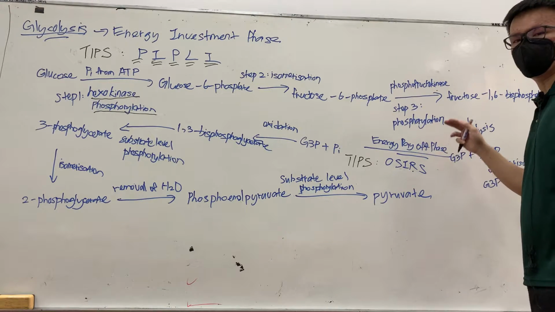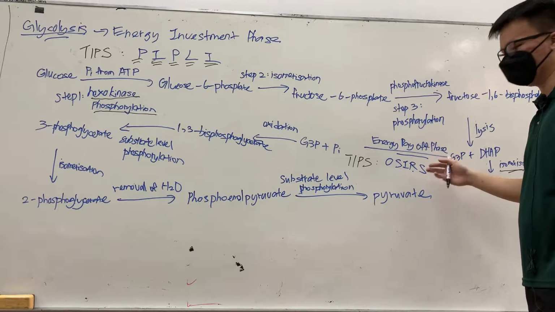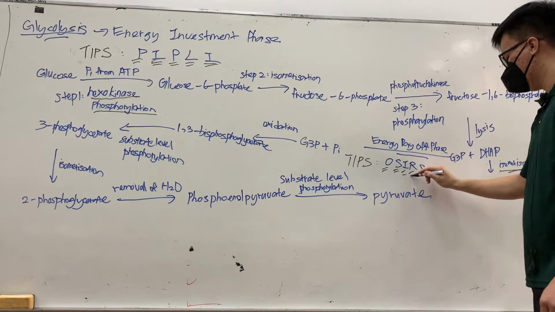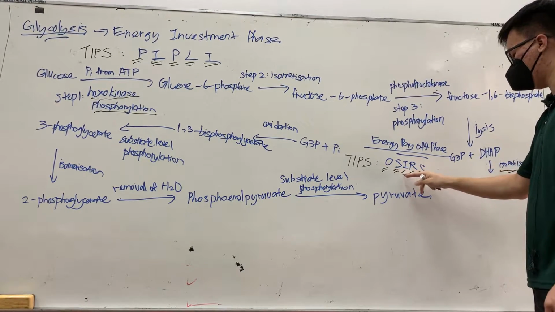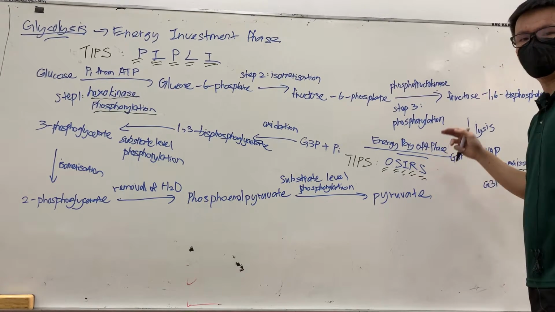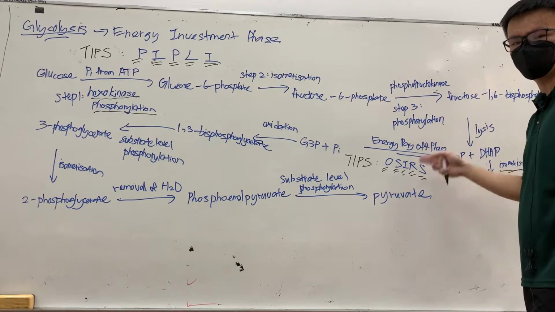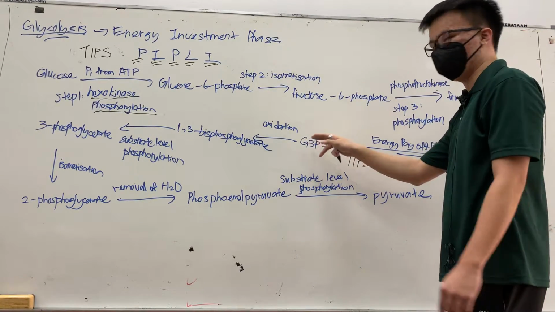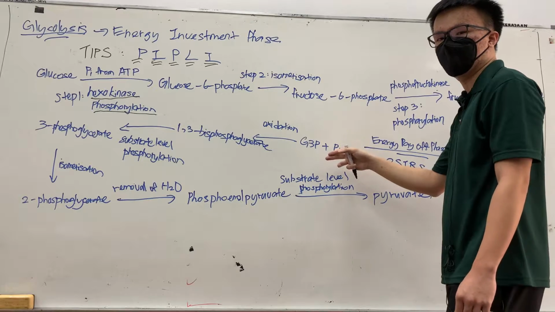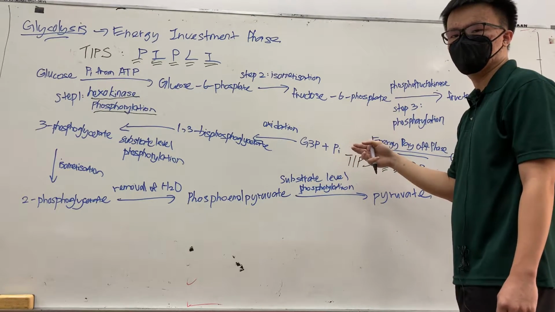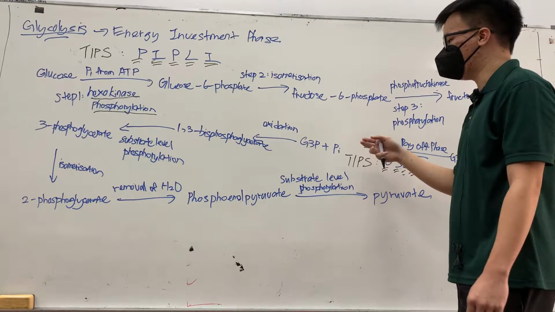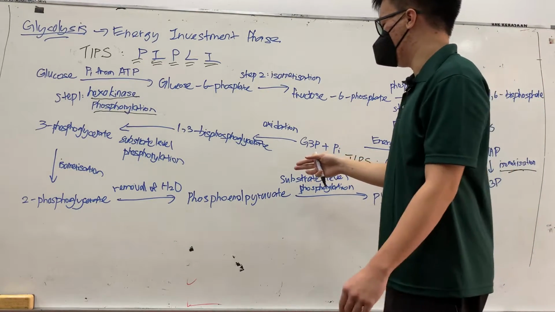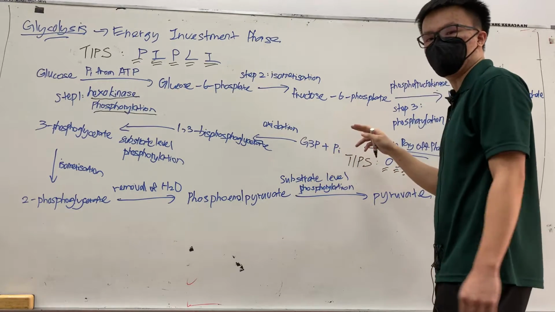We enter the energy payoff phase by memorizing the tips using this: OSIRS. OSIRS. How we use the tips, I will explain to you. Okay, now the G3P molecule will undergo oxidation to donate 2 H atoms. Then the G3P molecule will combine with the inorganic phosphate to form